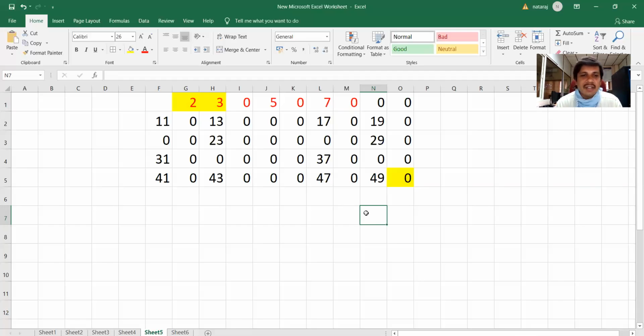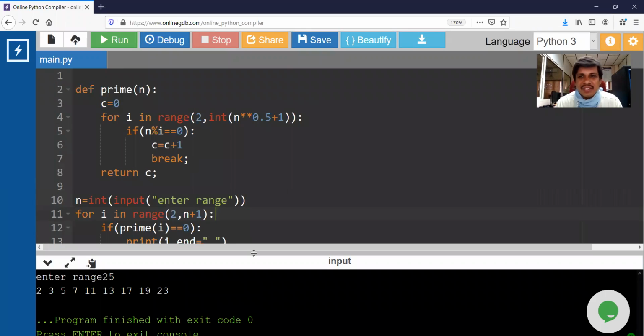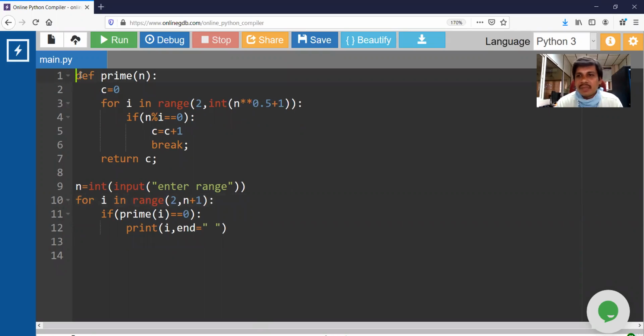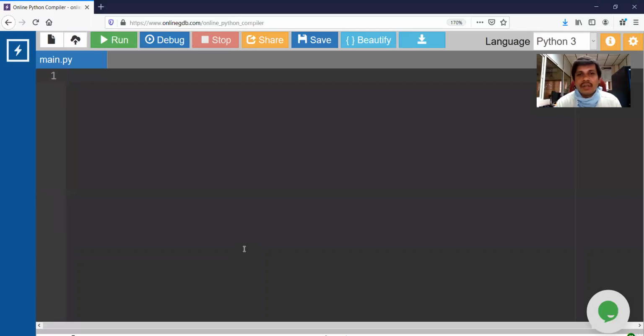Okay, convert this thing into a program. So fine. Yeah, here you are. So I don't want all these prime functions and all this nonsense. See how many lines of code? Nearly about 12 lines of code it is. Hopefully we'll complete this within less only. So remove this. In this case, you are sending each and every value to the function. That is the disadvantage. Now converting the sieve technique to code.